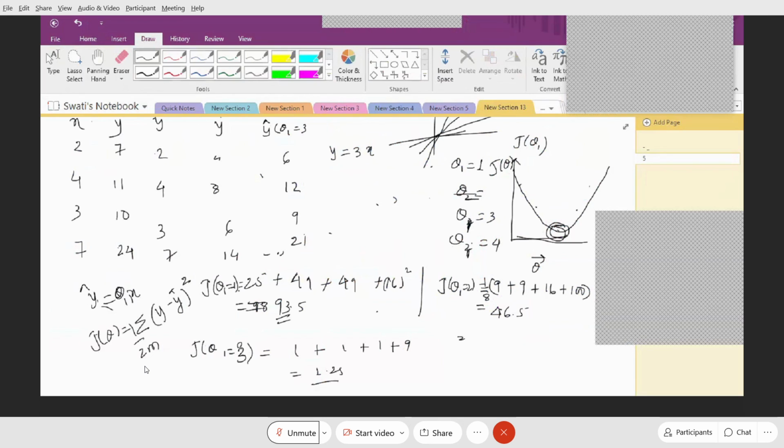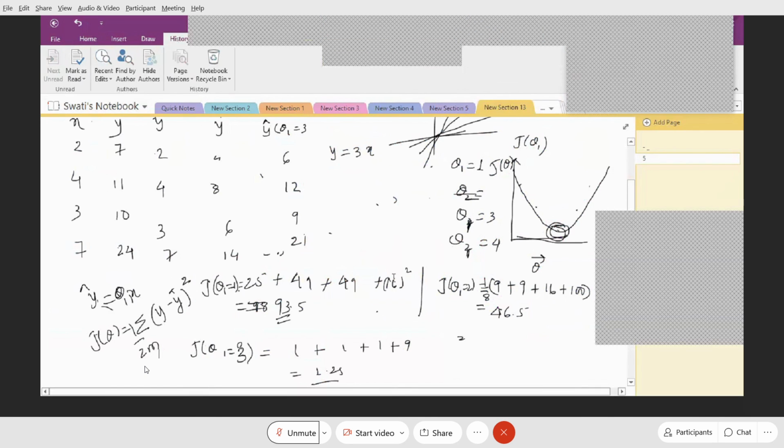I'll request all of you to please note down this problem and these equations, and try and solve it yourself and get a graph like this, and I'm sure you will realize better what exactly I'm trying to say. For all those who had any difficulty in understanding, don't worry, I can take it again in the next class quickly, and then we can start from this point again, and we will go to the equation which is known as gradient descent. Right now, I have not named it, but try and understand what exactly is its relevance, which is important.